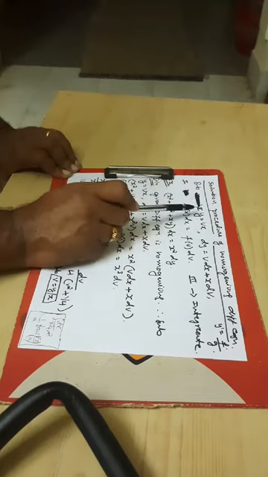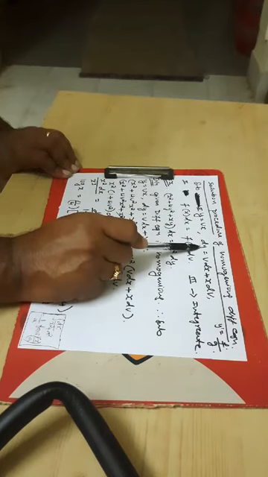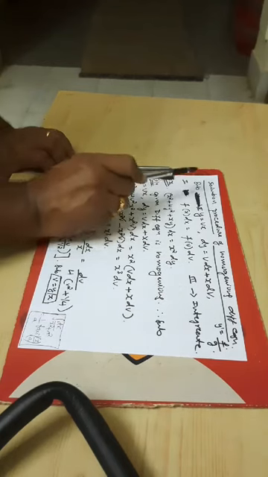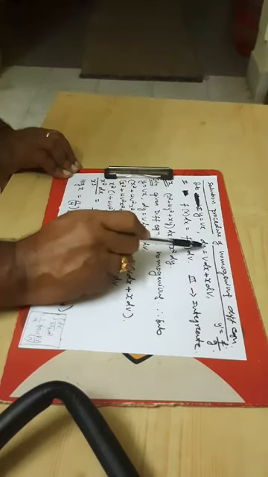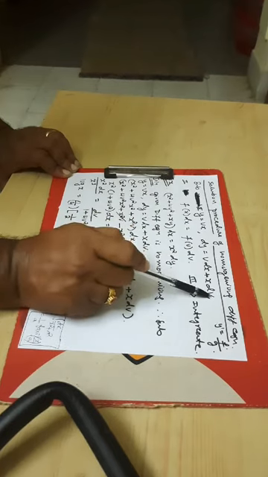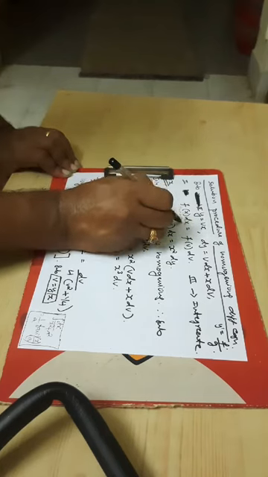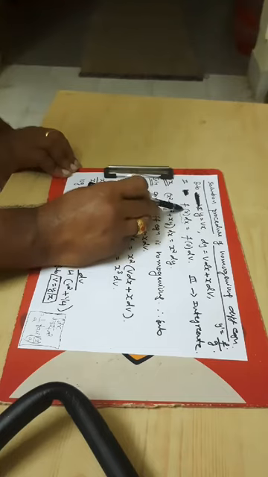Or otherwise, in a simpler way, substitute y is equal to vx, and wherever dy is there, you substitute dy is equal to v dx plus x dv. Once you guess that the differential equation is homogeneous, put y is equal to vx. Next, put dy is equal to v dx plus x dv. Next, bring it to the form f of x dx, a function of x into dx. That means behind dx only x and numbers should come. Suppose I say f of p, it means only p and numbers. If I say f of s, only s and numbers should come.